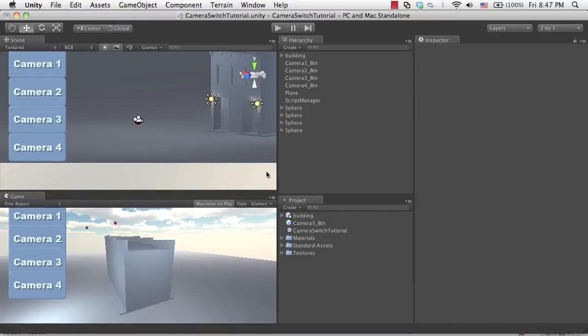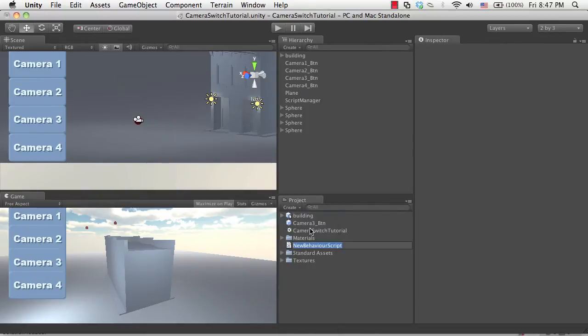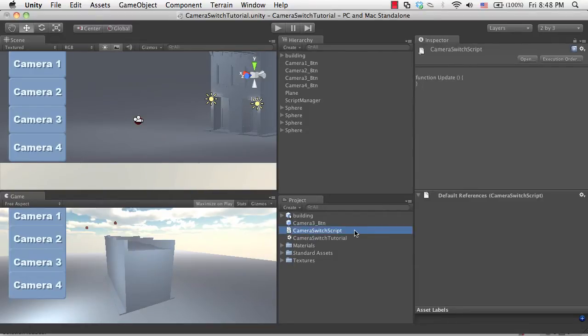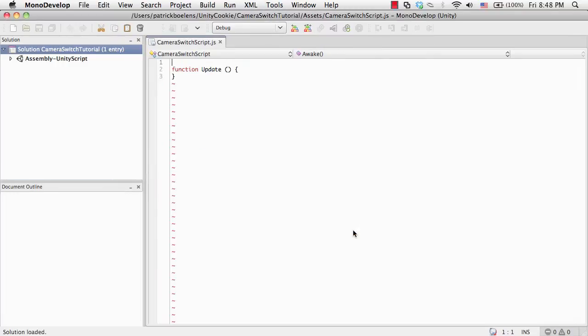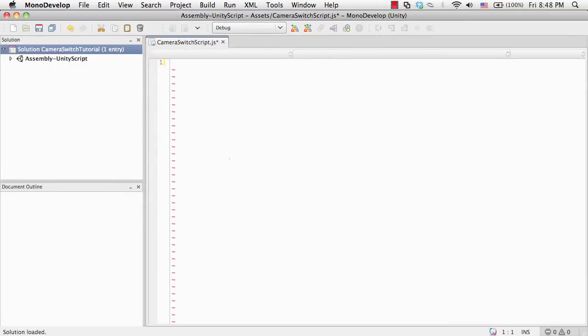Alright, so I'm just going to get started here and go to Create and create my JavaScript file. I'm going to call this camera switcher or camera switch script. Doesn't really matter what you call it. I'm just going to open this up here in MonoDevelop and delete this. What I want is to create one generic script which I can attach to either both the